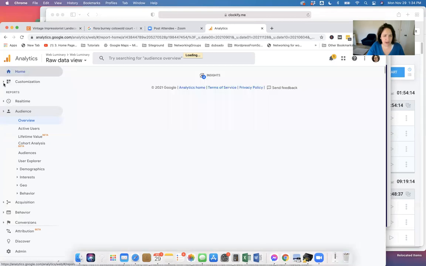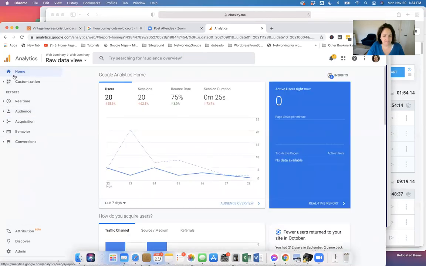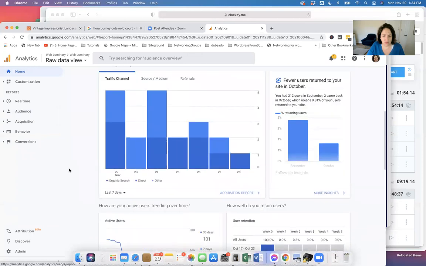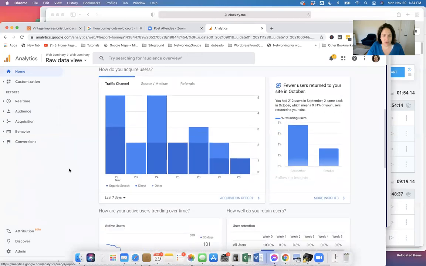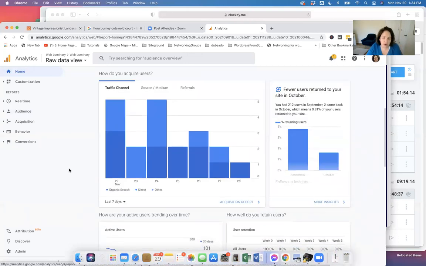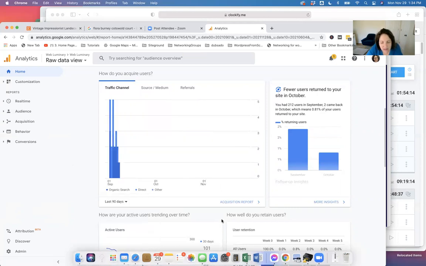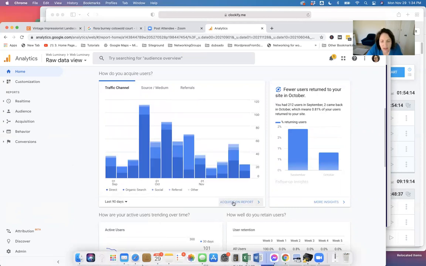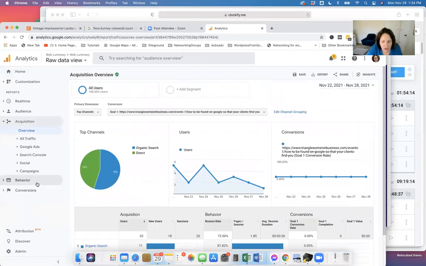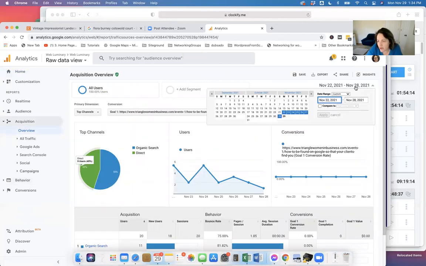Another huge, I'm going back to the home. And how do you acquire users? That's another huge thing for me. And what I've done with this, and I'm going to do this, I'm going to go into the acquisition report. This is just blue on blue, and it's really hard to read. So if you go into the acquisition report, you will see,